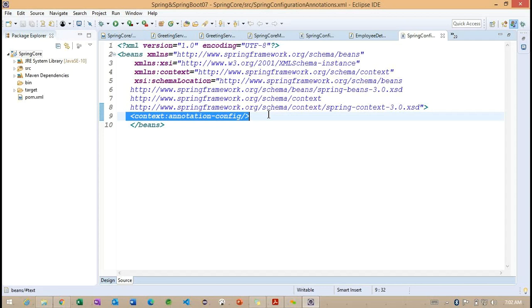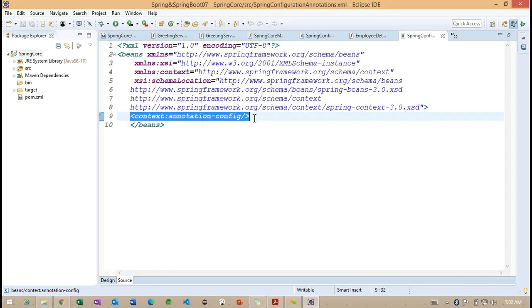To specify whether we are working on XML or on the annotation example, we need to specify this context:annotation-config, so that the container will understand we are working on the annotation related example.